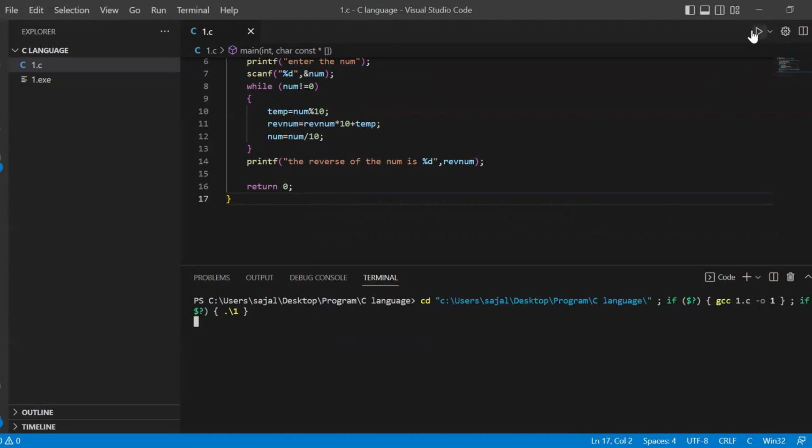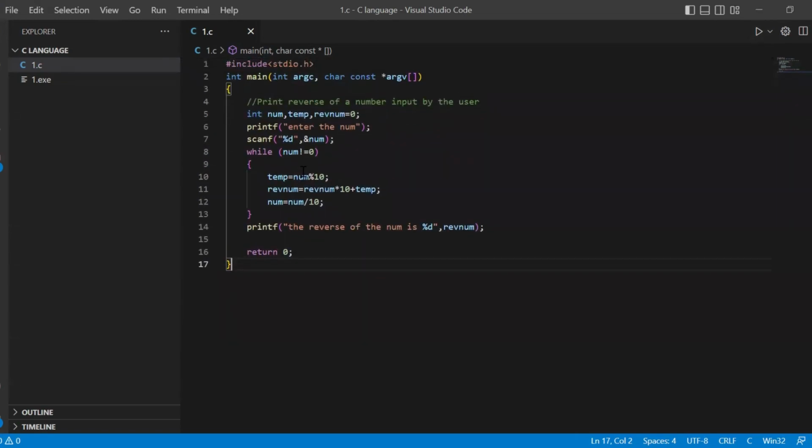Let's run by making some more numbers. 4, 5, 1. The code is working. And I have multiplied rev num by 10 because we have to add the remainder, which is a temporary variable, at the end, not in between. Let's say I have the number 15, and then basically the remainder is 3, so I have to make it 153, not 18. That's why I'm multiplying it by 10,